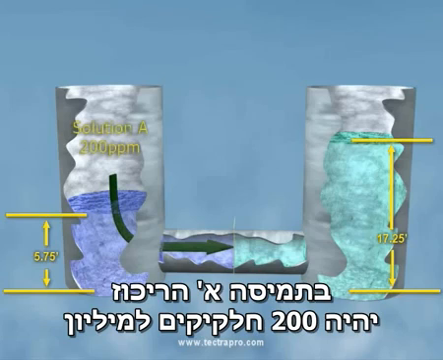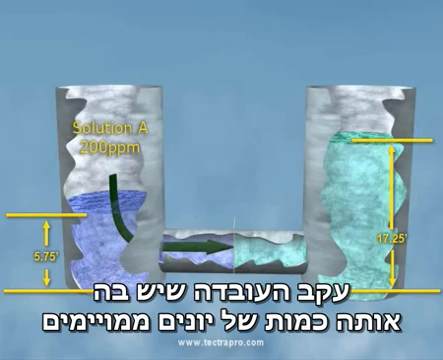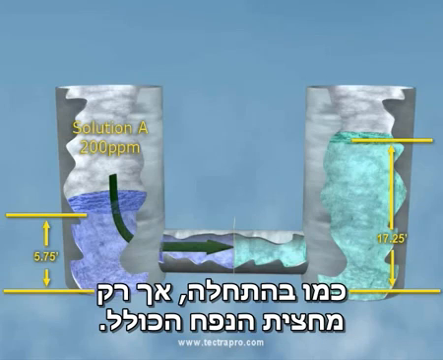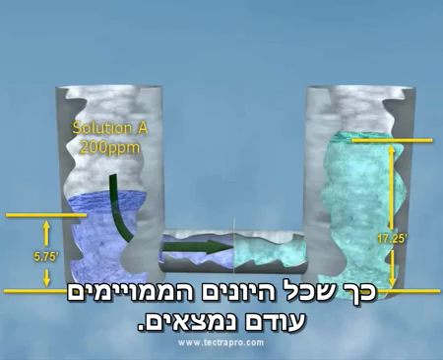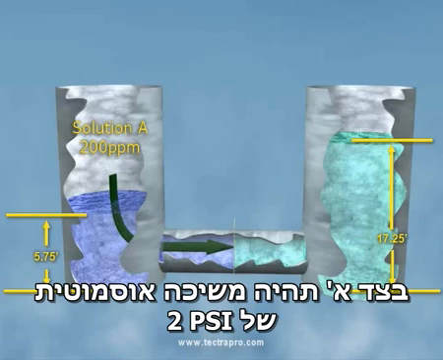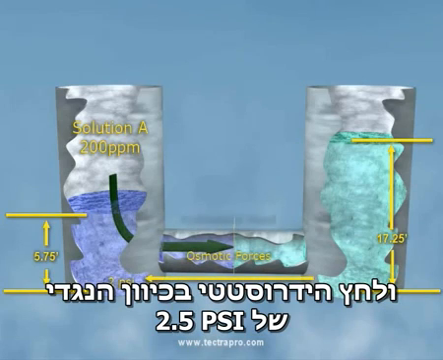Solution A will have a concentration of 200 ppm due to the fact that it has the same number of hydrated ions that it started with, but only half the total volume. Remember that only water molecules passed through the membrane, so all of the hydrated ions are still present. Side A will have an osmotic attraction of 2 psi and a hydrostatic head pushing in the opposite direction of